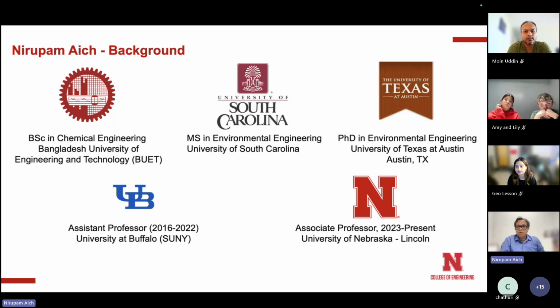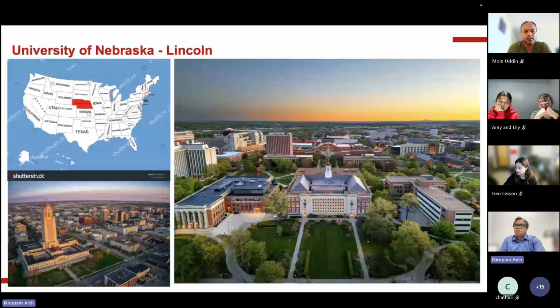So you can see, I have traveled quite a bit over the last 16, 17 years. This is my sixth state in the US. It's been quite a journey. And if you don't know where Nebraska is, this is where Nebraska is in the map of the US. It's almost in the middle of the country. It's quite a big state, but Lincoln is near the southeast corner of the state. And the vast majority of the state is basically cornfields.